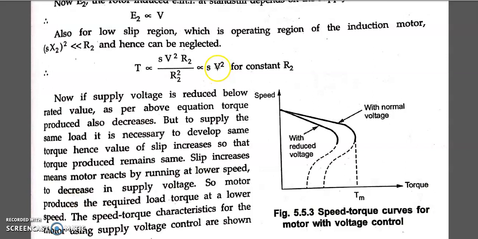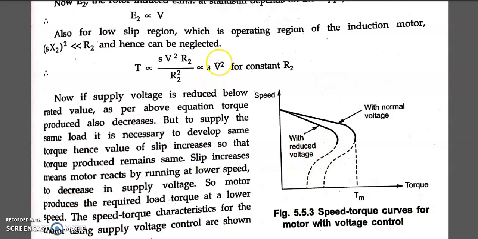The machine doesn't affect the voltage. So if torque again increases, slip again increases, and the speed will decrease. Now we have here the speed torque characteristics. We can see one is with the normal voltage, the other is with the reduced voltage. For the normal voltage we have maximum torque here, whereas for reduced voltage the maximum torque will be lesser than that. The starting torque for normal voltage will be here, T start, whereas the starting torque for reduced voltage will be here. Again, the starting torque will reduce if you have reduced voltage.